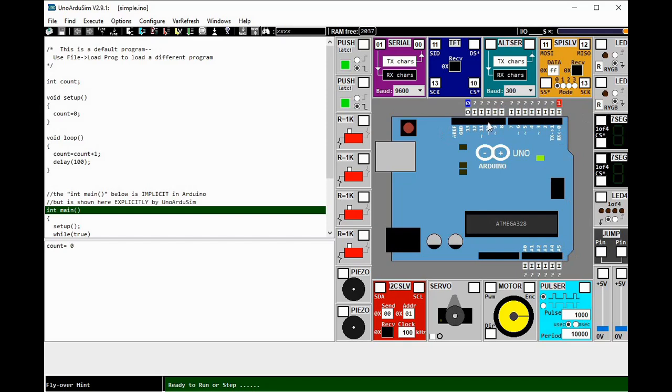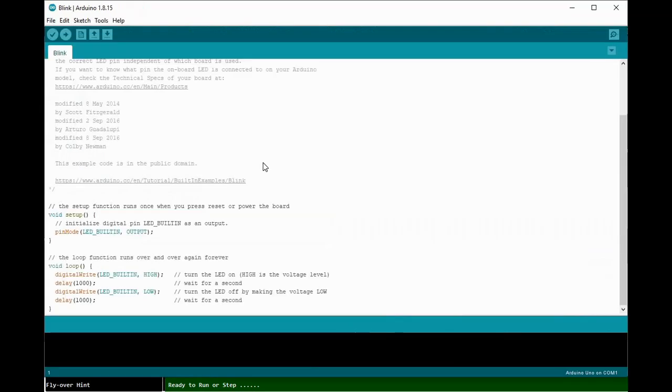So how are we going to use this Uno Arduino software? First, let us look at the sample program given in our Arduino IDE. The program is called Blink. You can just copy this program.